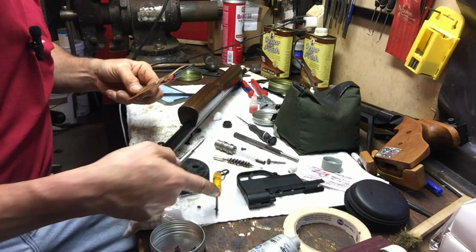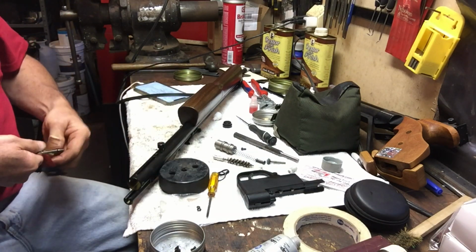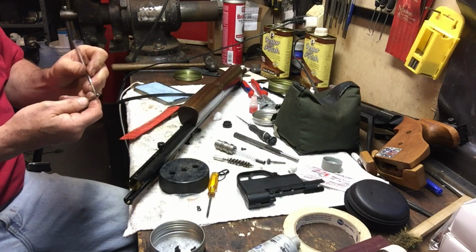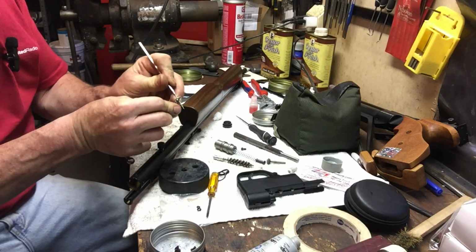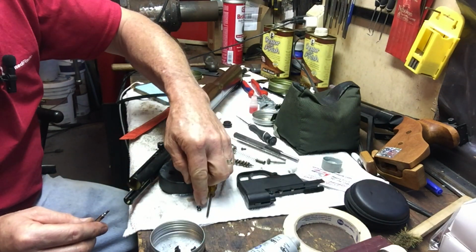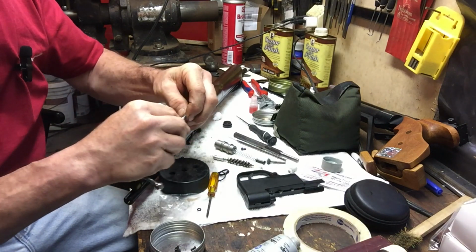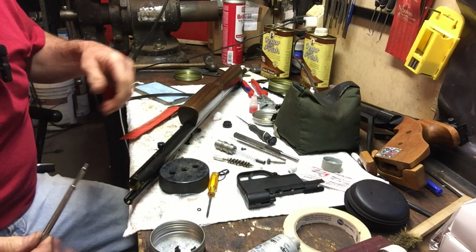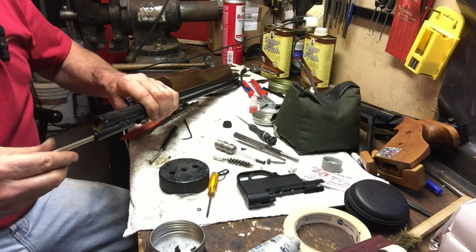So included with Henry's kit is 2 different size O-rings. You can see right there. One for a 177 caliber, which is what this one is, and the other one for the 392, which is a 22 caliber. So we'll grab a little bit of grease, grab that 177 caliber one. Okay, so now we are going to